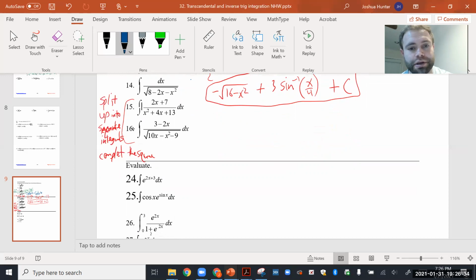Okay, so same idea. First thing, like on 12, I'm going to split this up into the integral of 3 over the square root of 10x minus x squared minus 9 dx, and minus